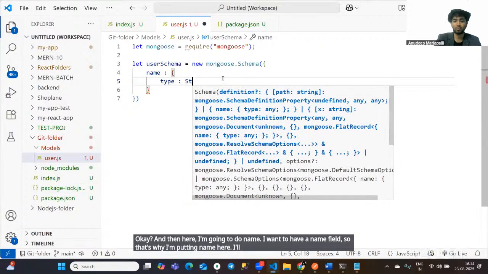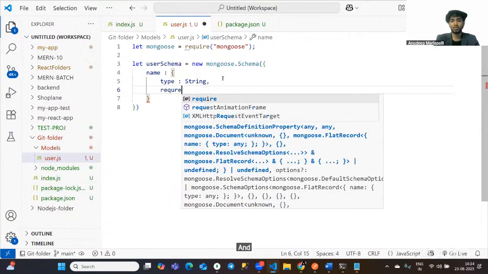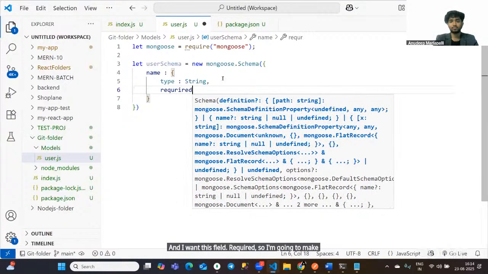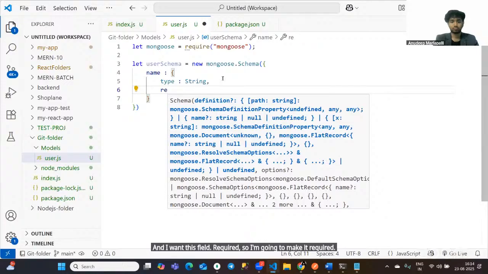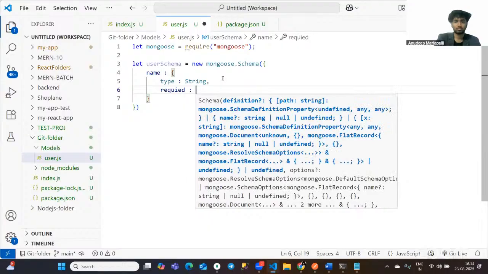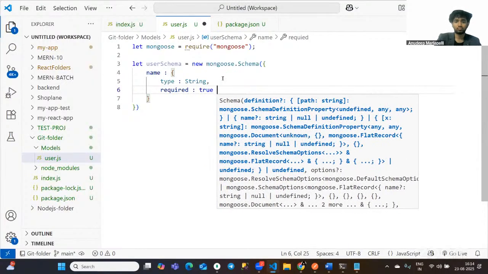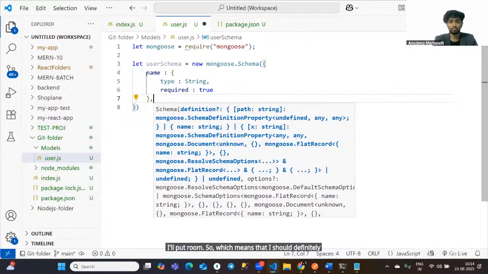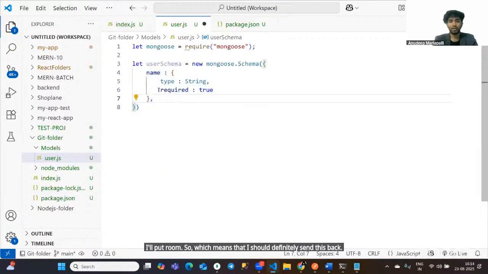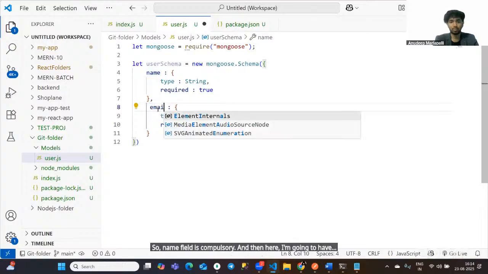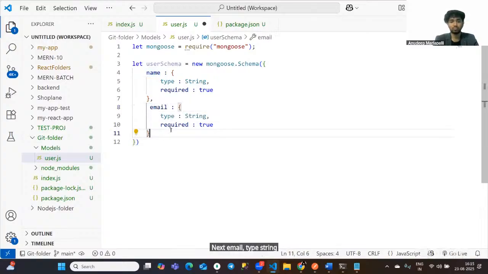I'll put type is equal to string, and I want this field required, so I'm going to make it required. I'll put true, which means that I should definitely send this back. So name field is compulsory,